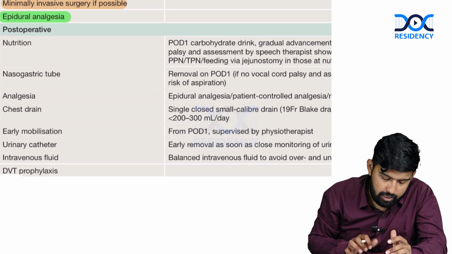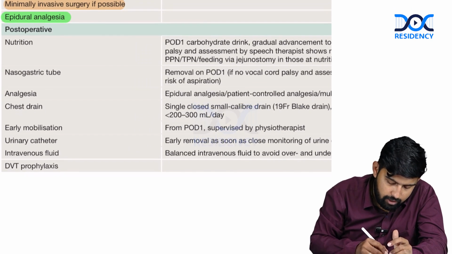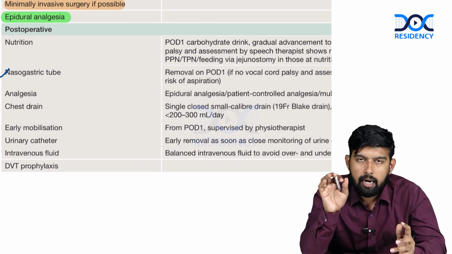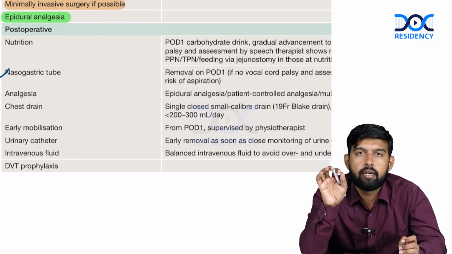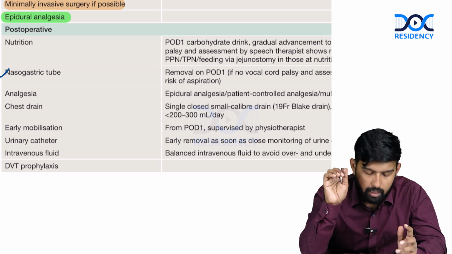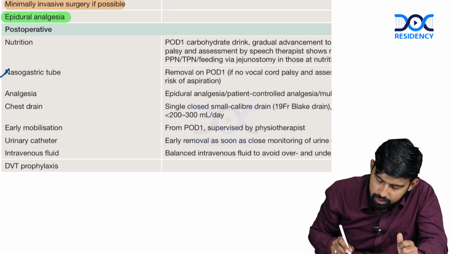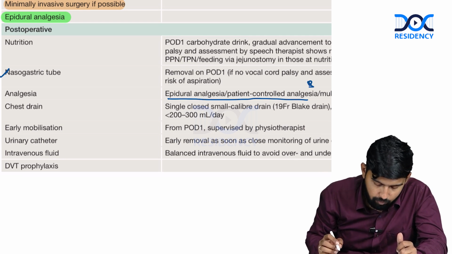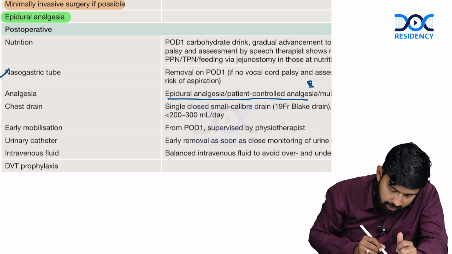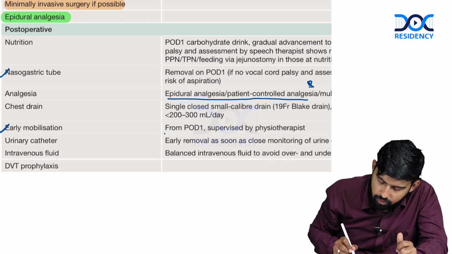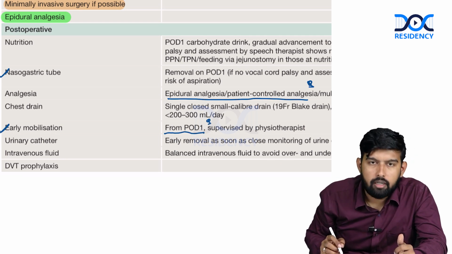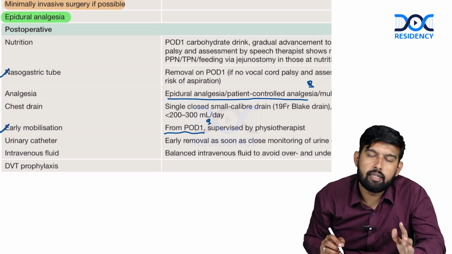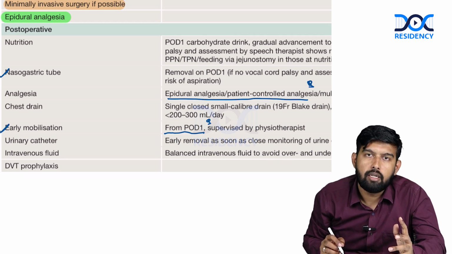The nasogastric tubes are removed on post-operative day 1, or not inserted if not necessary. Epidural anesthesia or patient controlled analgesia is used for enhanced recovery, and early mobilization is achieved from post-operative day 1 with the help of the physiotherapist,